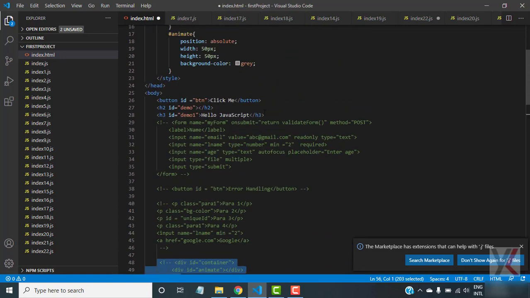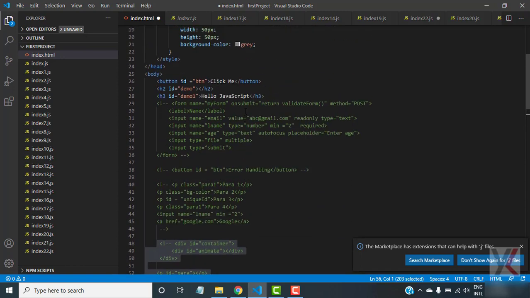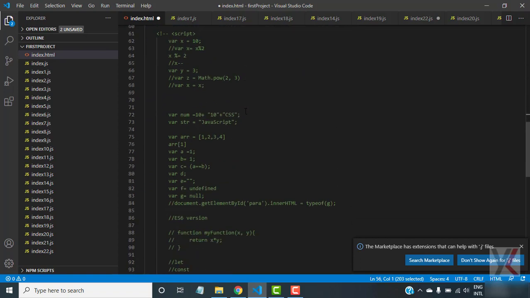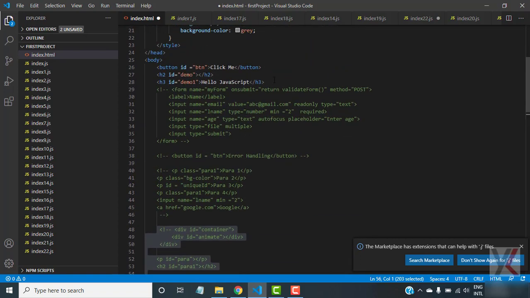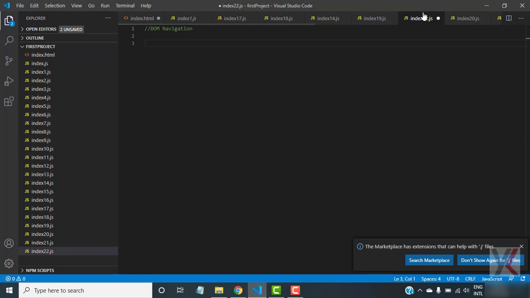Now what we'll do, suppose we want to target, like here we have our para. Suppose I will target this demo over here. Here I'll write, suppose, hi. So I will target this demo ID over here. So in our index file here,